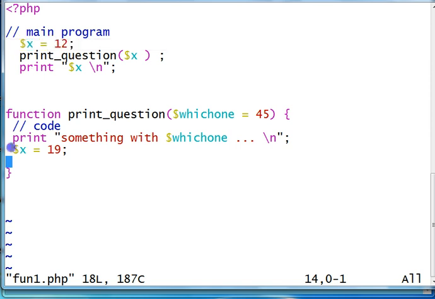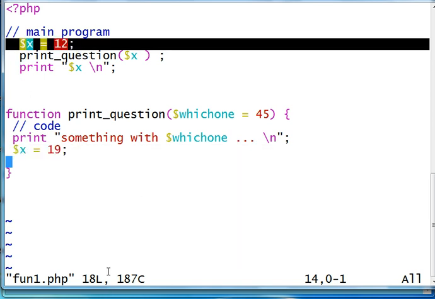So this x is the x that belongs here. This x is the x that belongs out here. If I create another function, I can create another variable x that's completely different. So they're two unique memory locations. Which might make readability go down, but